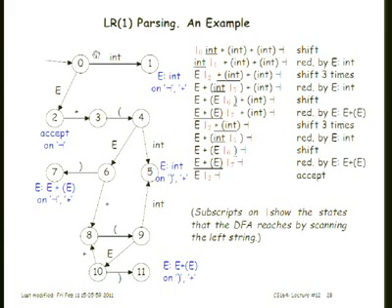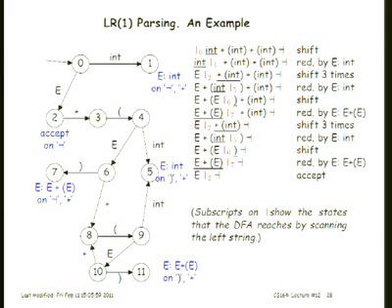And it says that it's ready to handle either an integer or an E on the stack at this point. So since there were no reductions, I know that I must take a shift, and so I do. And I see from the machine that it will be okay to shift an int,